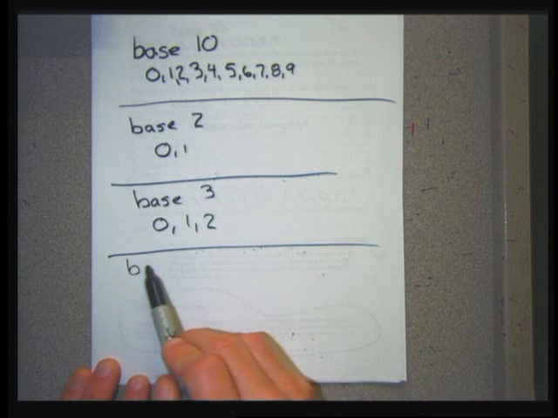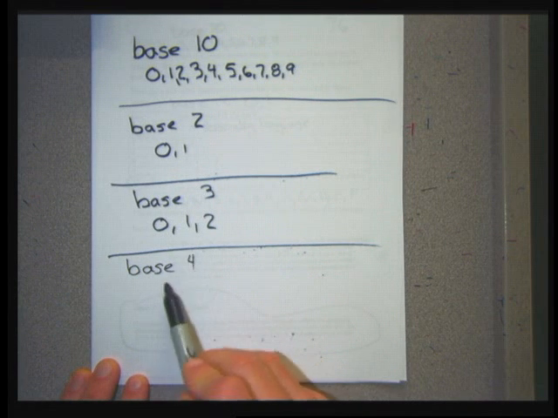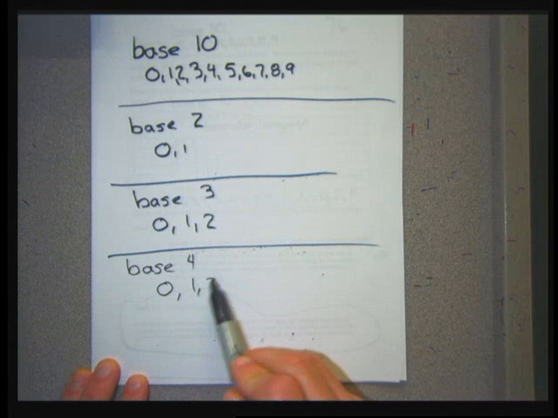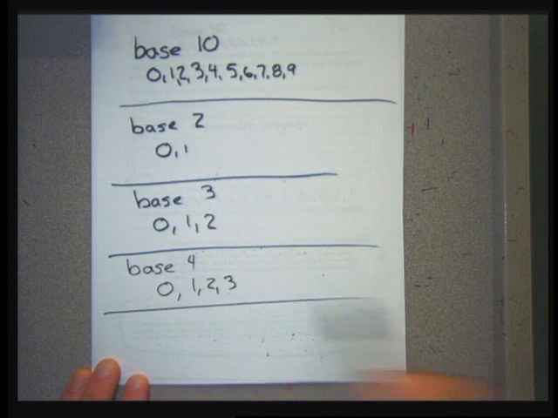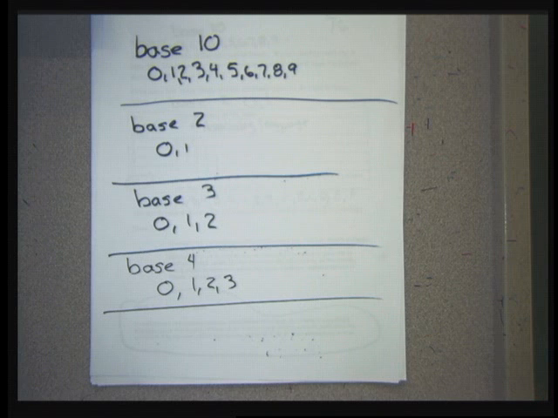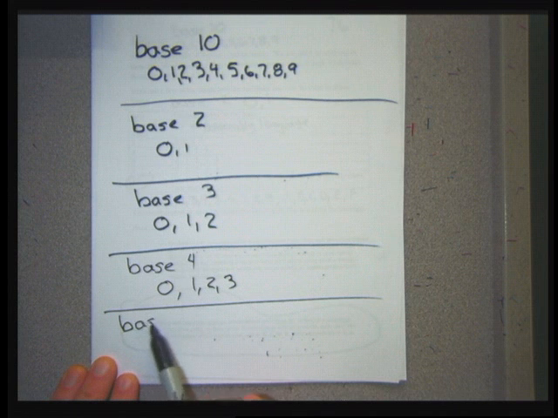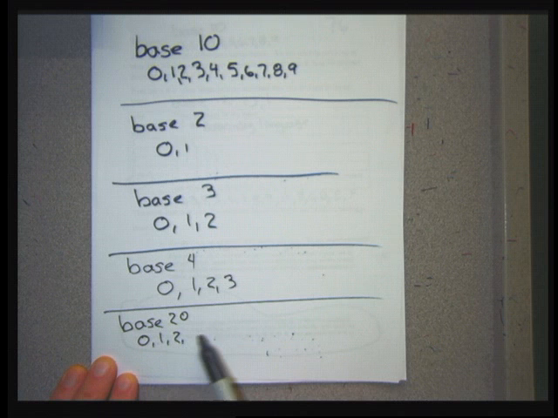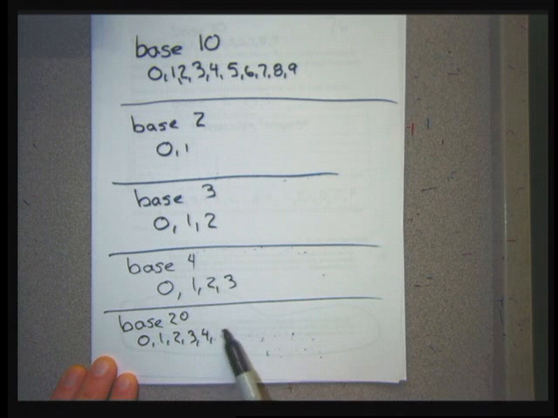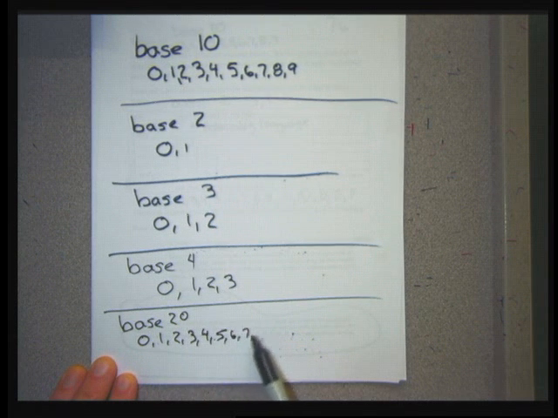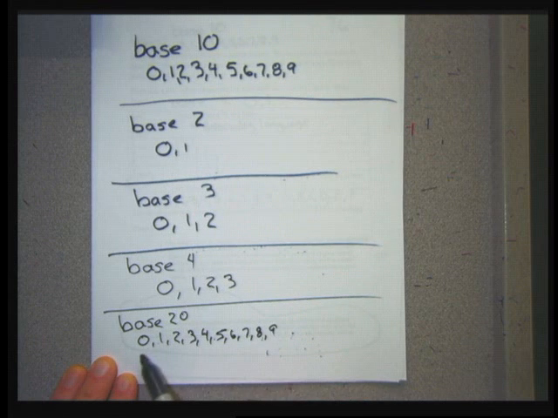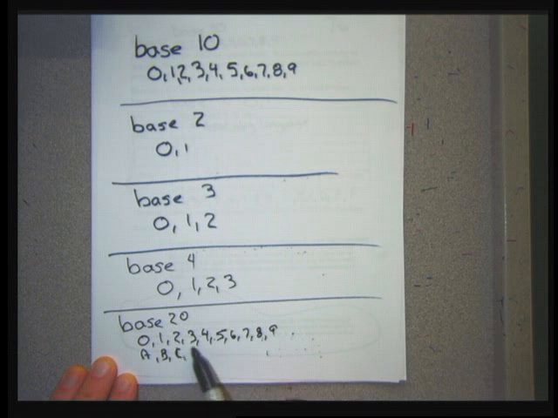In base 4, you're allowed to have 4 numbers, and with those 4 numbers, you should be able to communicate perfectly well to somebody. If I had base 20, then I get to make up a bunch of new numbers that I just give letters, but you could actually give symbols. In base 20, you're going to have 20 different numbers, and because I only know 10 different numbers,